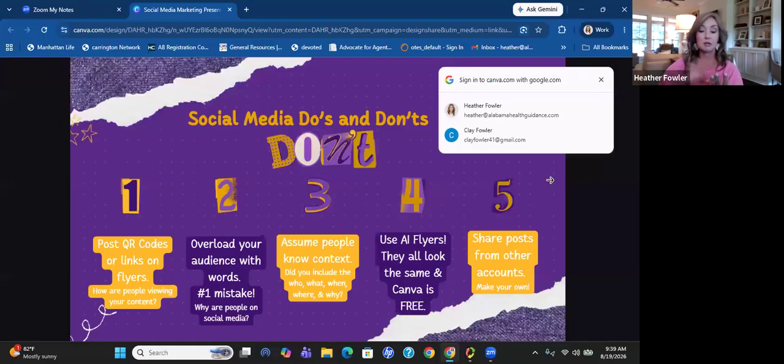I know I see that sometimes and I just get tired of scrolling down and I quit reading it. So we want to be concise with what we have to say. And don't assume that people know what you do. I know we have a lot of things out in our community that say Alabama Health Guidance, and we do lots of sponsorships. And sometimes I'll think, well, I wonder when people see our logo if they really understand what